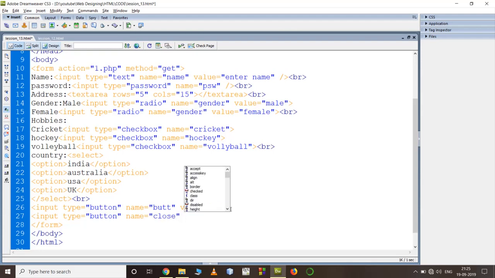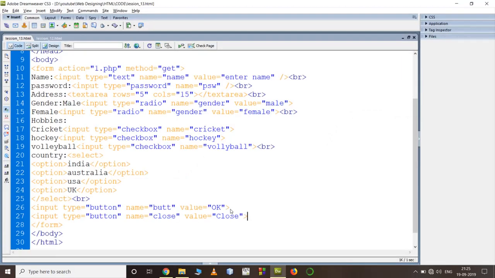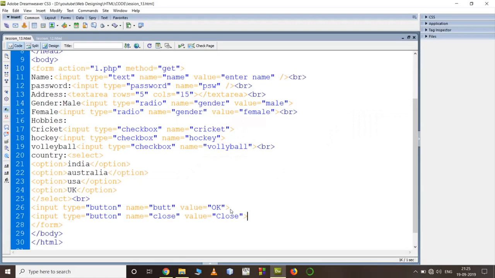Okay, value close. So here I have created the close button. Whatever value you put in the value attribute, that value will be displayed on the button. Okay, next